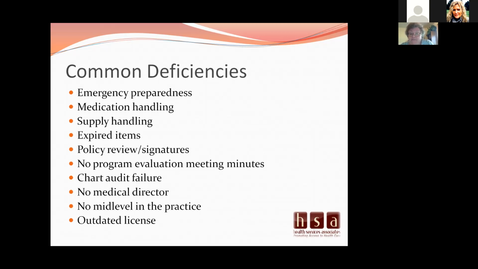Chart audit failure. When they do come and do surveys, they do the administrative chart audit. And you can get deficiencies. Now, what they typically have is a tool, and it's a table, and they'll do 10 to 20 charts, and they'll look at all the elements that were covered in the administrative chart review yesterday. And if it's evident, they'll put a check mark. If it's not there, they'll put a circle. At least the surveyors I've witnessed and done oversight with.